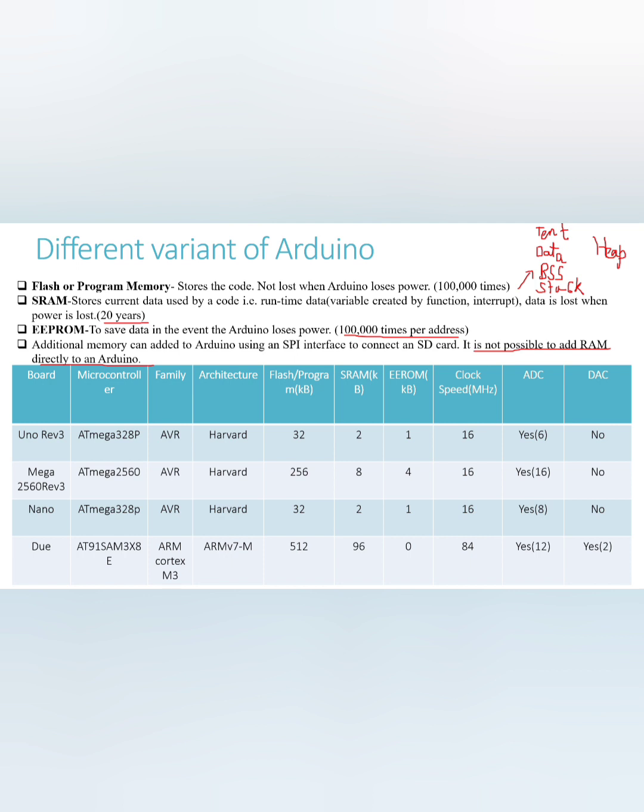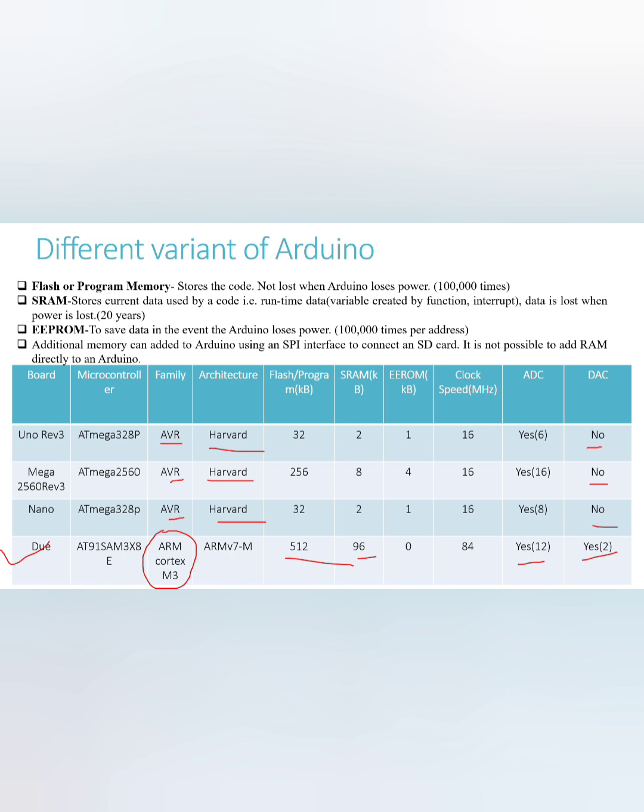For example, when we compile any sketch, we create a binary file that is later stored in the flash memory of the Arduino board. The difference between these two is that the EEPROM can be managed at the byte level, written or erased, while flash can be managed at block level. An SD card can be connected to Arduino, but we can't increase the SRAM of the Arduino, which is 2K.